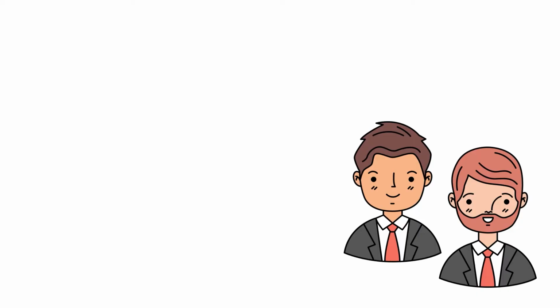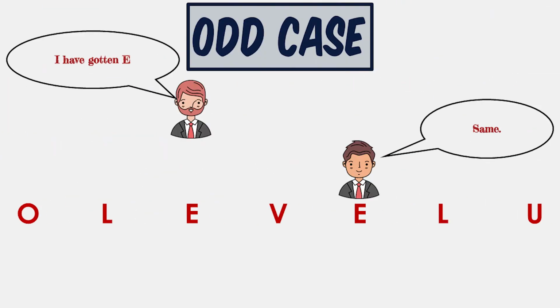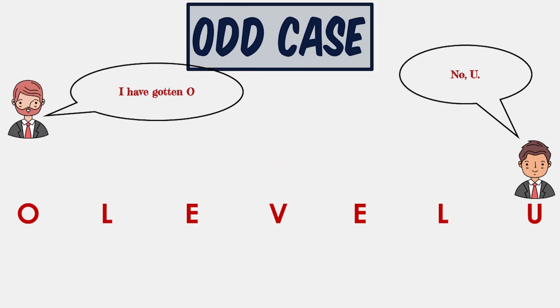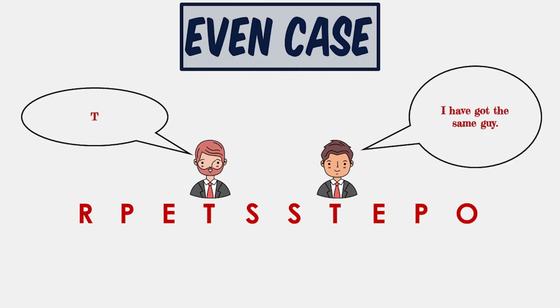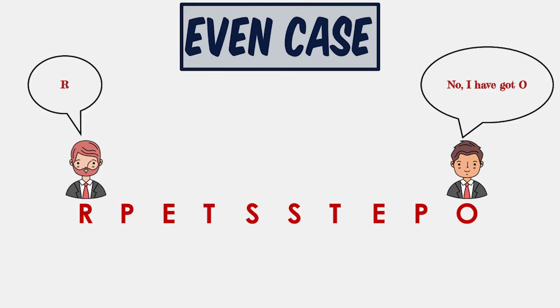Now, coming to the approach, we use the famous two-pointer approach. We start with both pointers at the same position for odd cases. We then move the left pointer towards the left and the right pointer towards the right until the left and the right values are the same. For the even case, we start with the pointers right next to each other. One pointer goes to the left and the other one goes to the right till we find the characters that